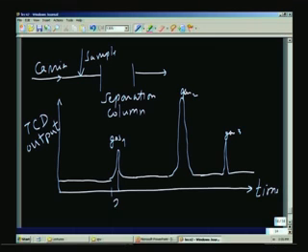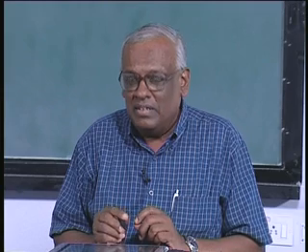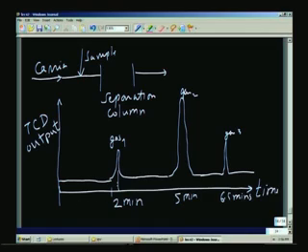This may be after 2 minutes, this may be after 5 minutes, this may be after 6.5 minutes, and so on and so forth. So, the gases come out of the gas chromatograph column spaced in time. That means that this is the initial time at which you are going to introduce the gas to the column. This is when we introduce the sample, and then after 2 minutes the first gas has appeared and a small